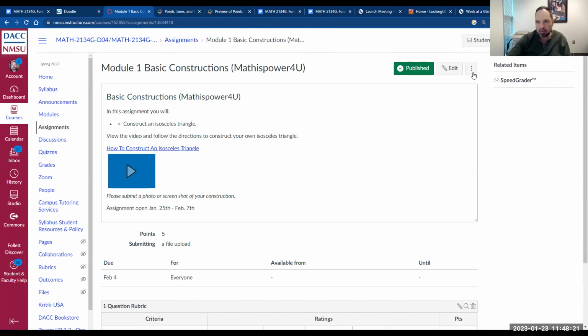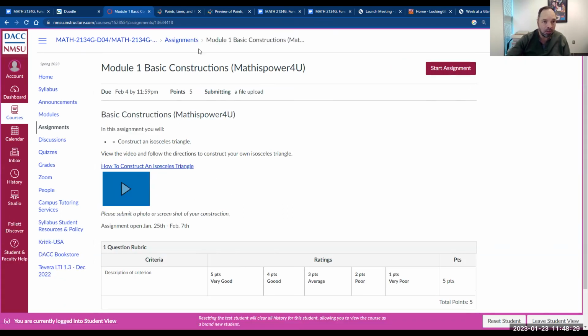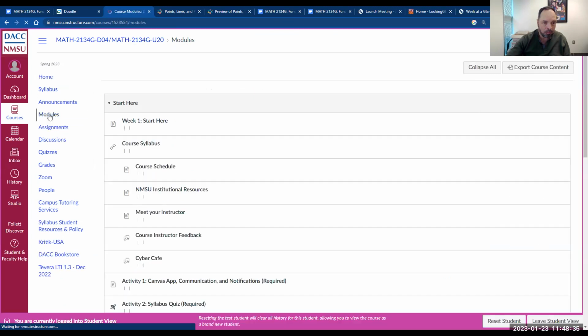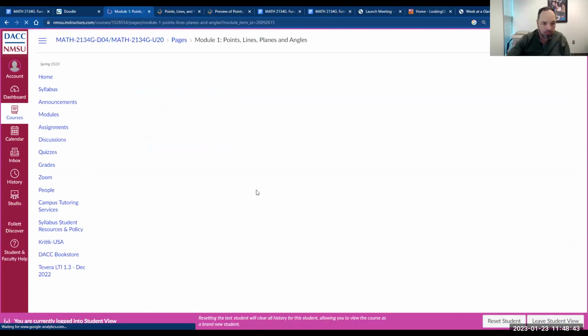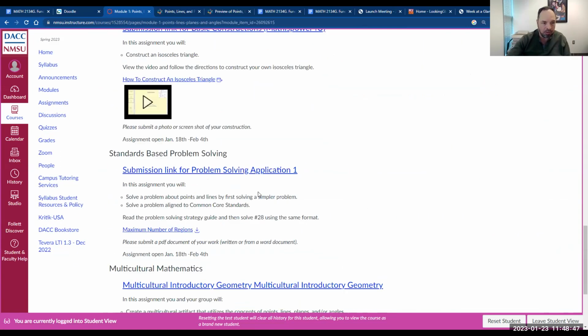Again, this is in instructor view. I suppose I could change it to student view. So you'll start the assignment and you'll go ahead and submit. Okay, let's go back to the modules page. And then you'll go into the modules page again, and then come down to the